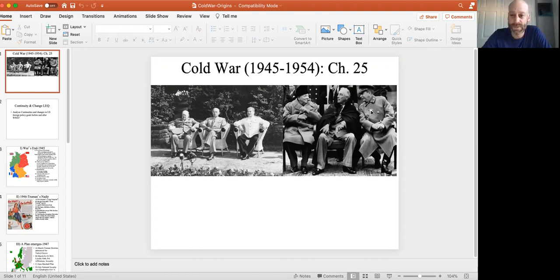Feel like that Sesame Street song, one of these things is not like the other, right? You've got the two liberal democratic leaders over here, and you've got the communist dictator on the right-hand side. What's interesting to note is that this picture is taken in February of 1945. Franklin Roosevelt would die within 2 months. He was wheelchair bound and he chain smoked cigarettes, which is not good for your blood pressure or your heart. And he would pass away in April of 45.